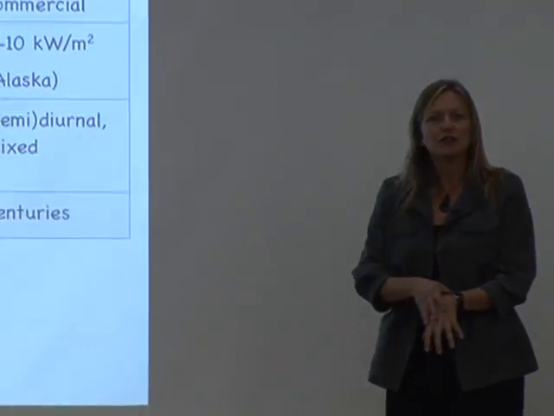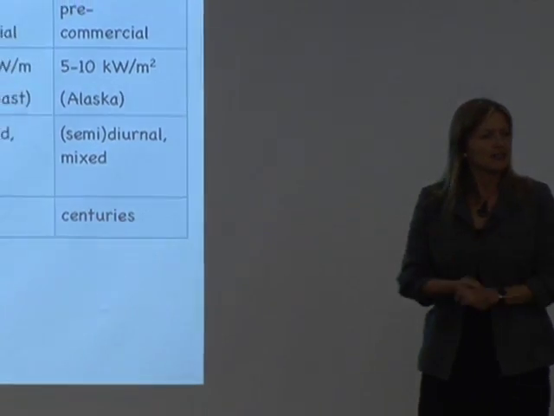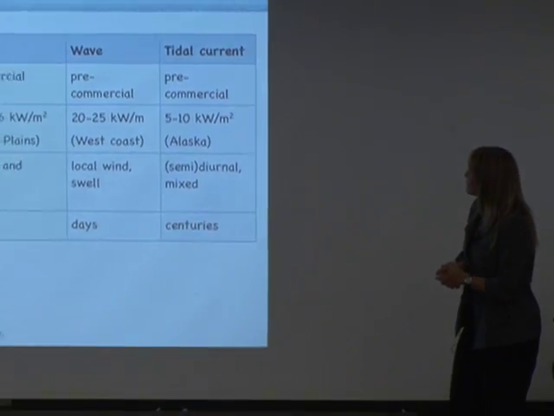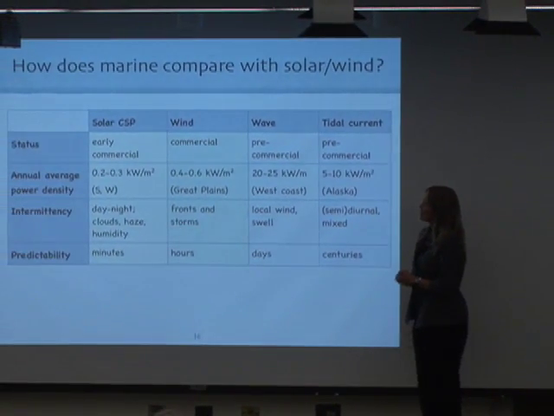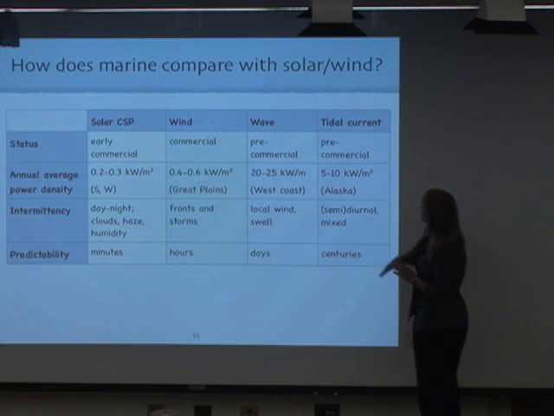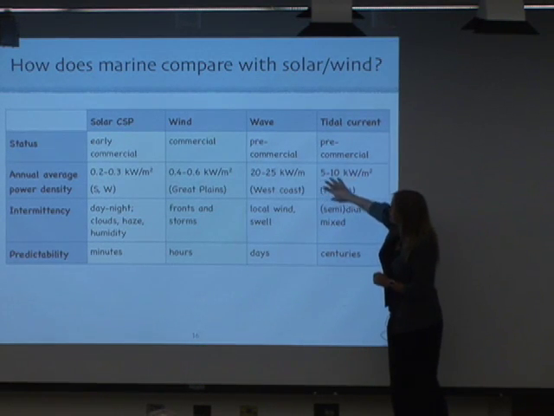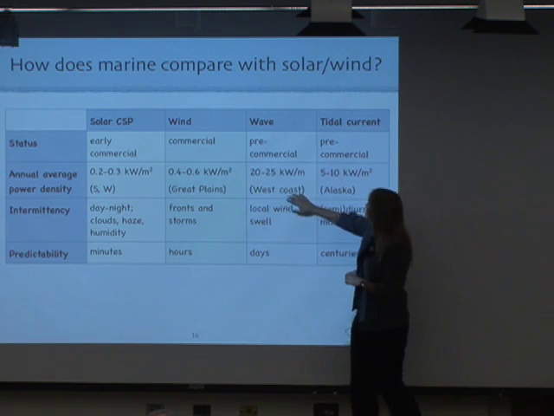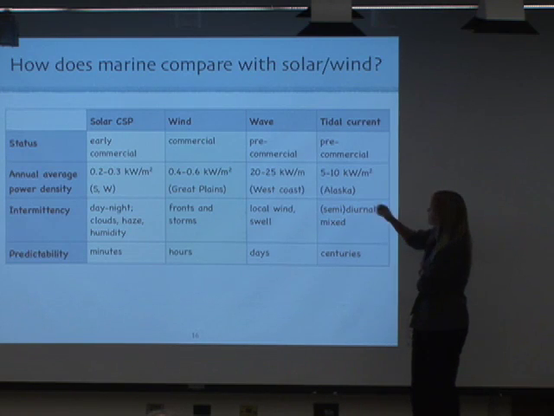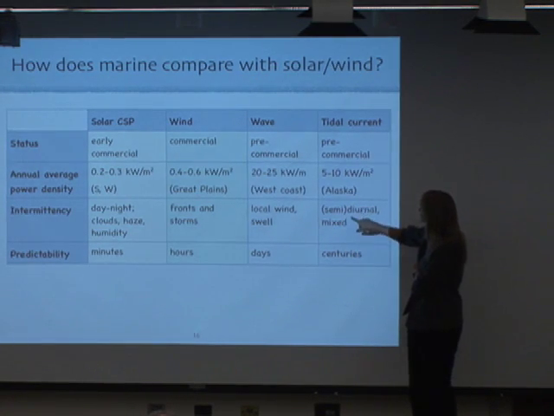Good question to ask is, how does this compare with wind and solar? So here's just a table where I put some of these things together. And here I put in concentrated solar panel as a comparison. Some power densities compared. Now it's a little bit hard, of course, to compare apples and oranges for the best resources. Intermittency is an interesting one.